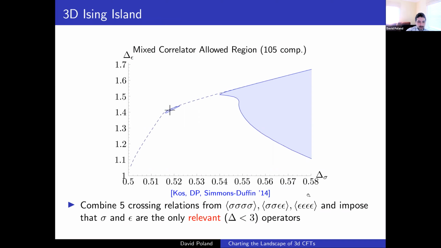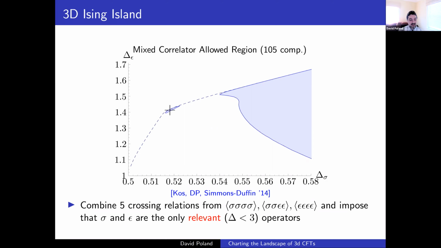And so you consider the three four-point functions: sigma sigma sigma sigma, sigma sigma epsilon epsilon, and epsilon epsilon epsilon epsilon. Here we're assuming there's a Z2 symmetry where sigma is Z2 odd and epsilon is Z2 even. And then further, we can assume that sigma and epsilon are the only relevant operators in the theory. This is an assumption that is sort of experimentally motivated for